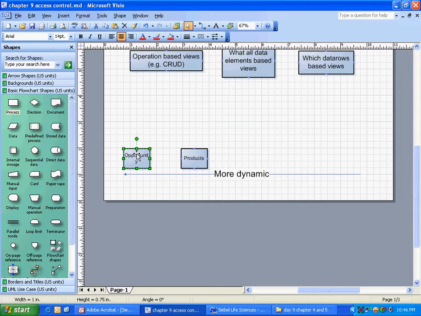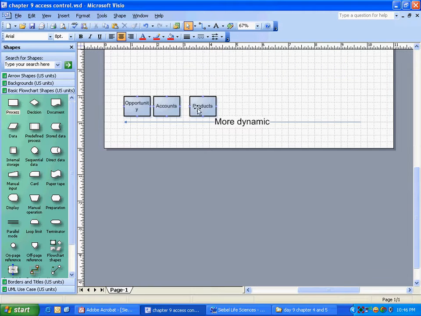Every day, let's say in Pizza Hut, you'll be adding only 30-40 new customers, but the number of orders every day will be much higher. So that tells me that opportunity is a lot more in number, and multiple opportunities are entered every day as compared to accounts, right? Right. So account is less dynamic than opportunity.